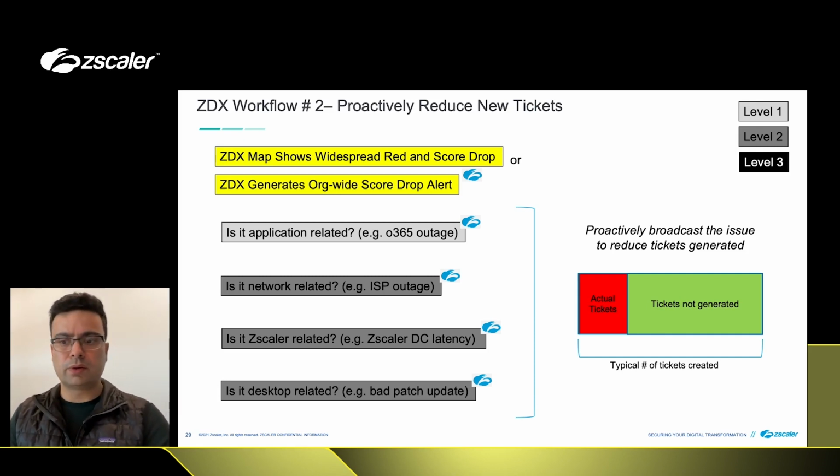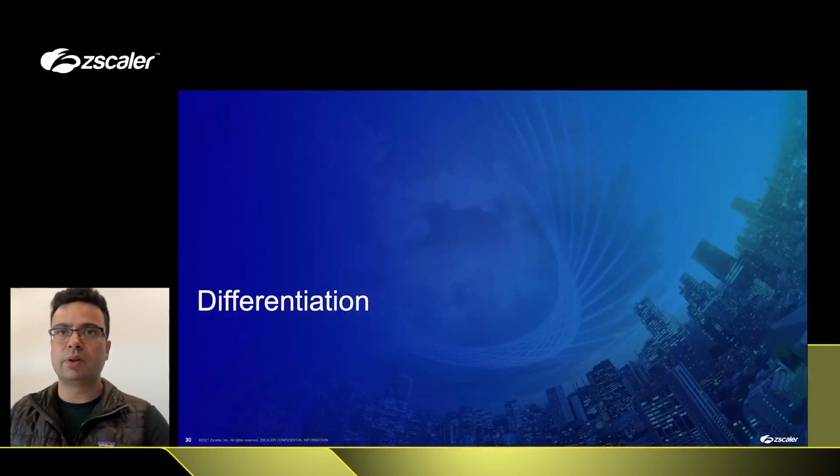And what you can also understand is if there is a problem coming from a specific ISP. A lot of times customers are not setting up traffic forwarding to Zscaler correctly, or the primary or backup tunnel is not set up, and we can identify those kinds of issues. And if it is a desktop related problem, like a new patch update to your antivirus causing a spike in your CPU, you can understand that. So a lot of tickets which are otherwise generated, you can avoid if you have visibility into these issues in real time.